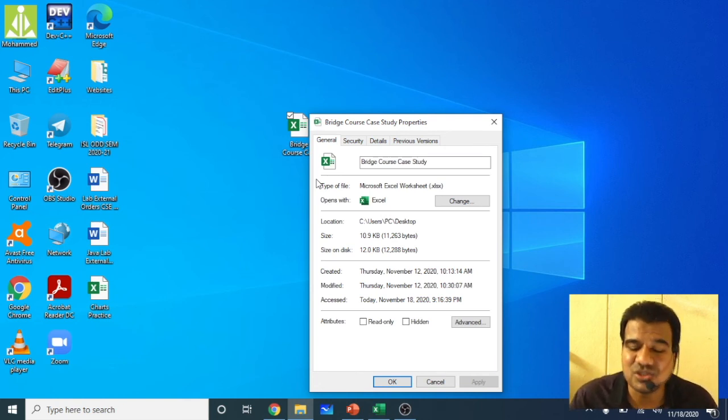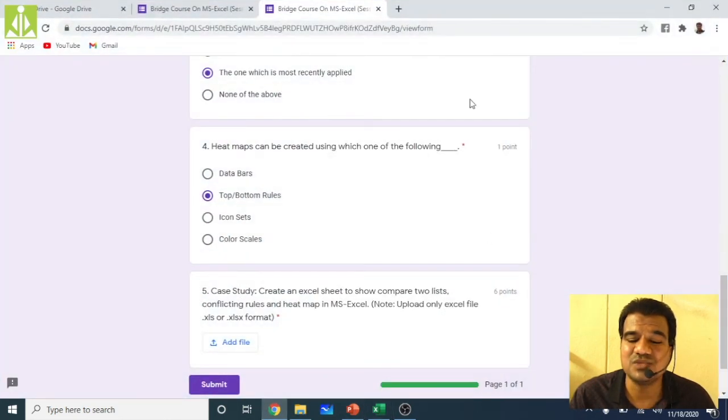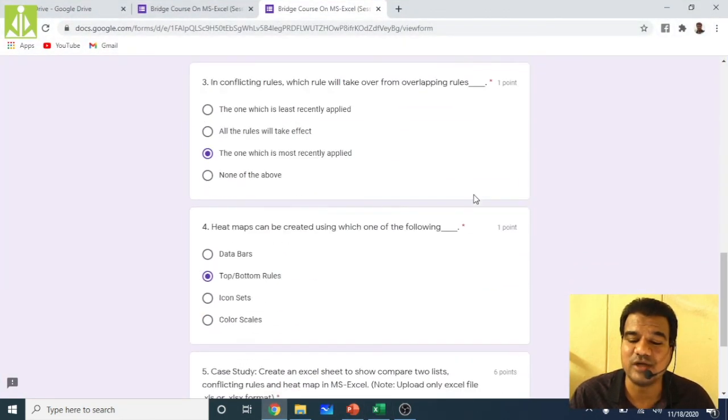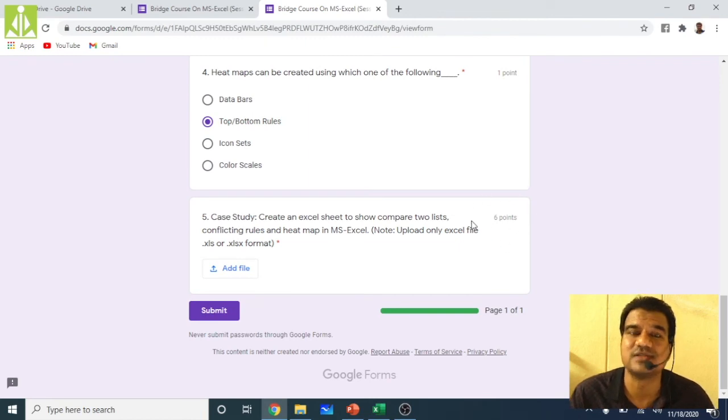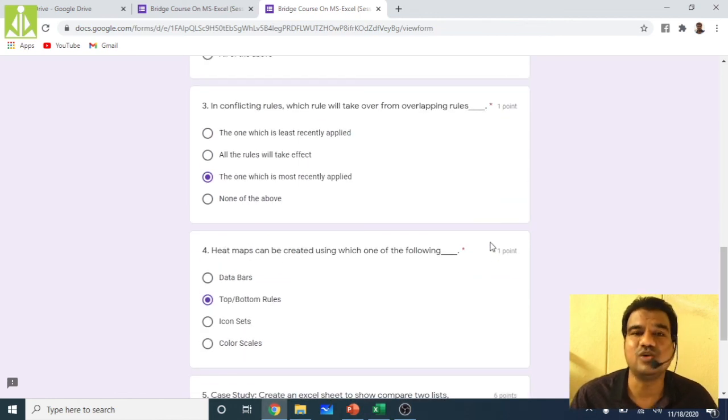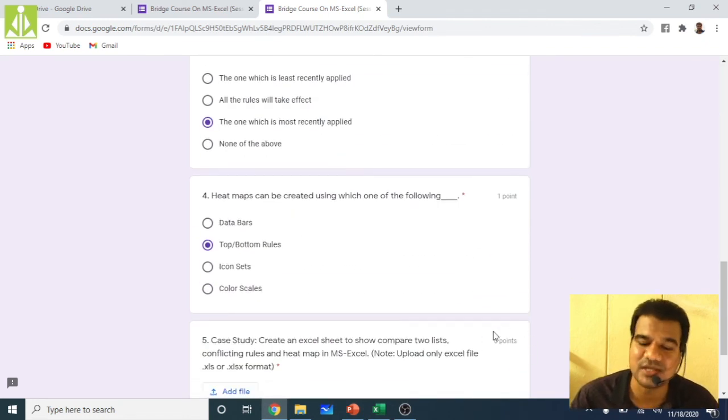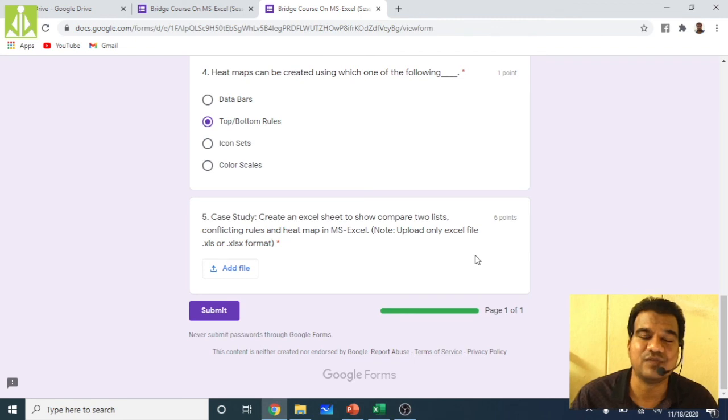Many students are also asking why this form gives marks only for these points and not for these 5 points. These 5 points I have to award. The computer does the other things automatically, because those answers are automated. We have kept the answers already in the server, so it shows only those answers. This one I have to verify, whether you have done it properly or not. The computer will not verify that. So once I check your document, only then can I award those marks.